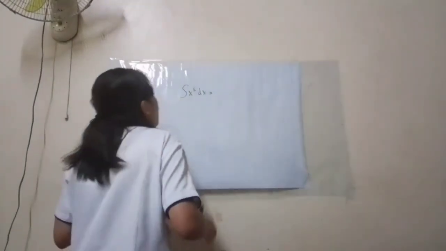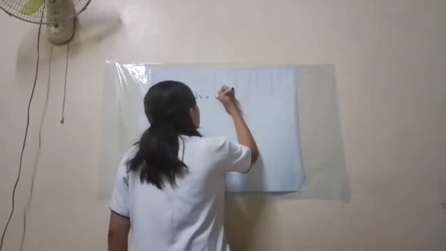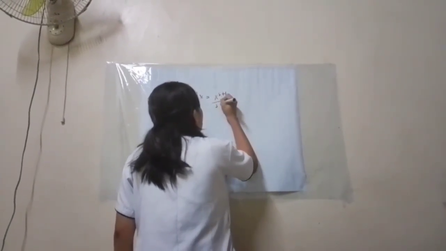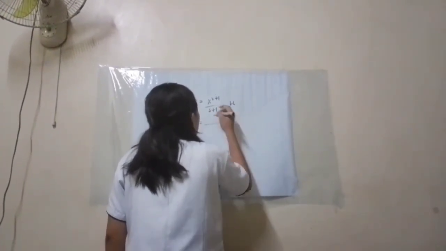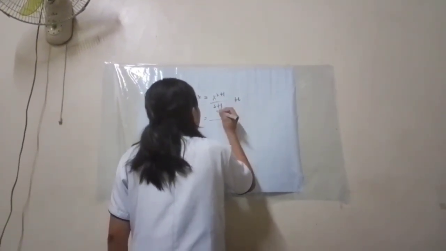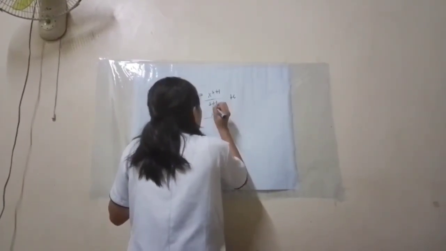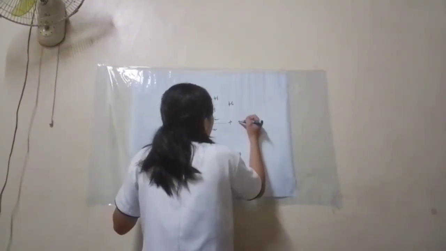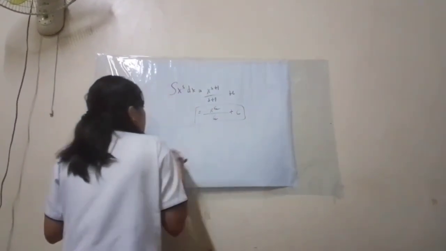Next example, if we wish to find the antiderivative, the integral of x to the 5th, it would be x to the 5 plus 1 divided by 5 plus 1, plus c. Next, we're going to add the exponents, and x to the 5 plus 1 would be x to the 6th, and 5 plus 1 would be 6. And let's not forget the c, which is the constant of integration, and this would be the answer.